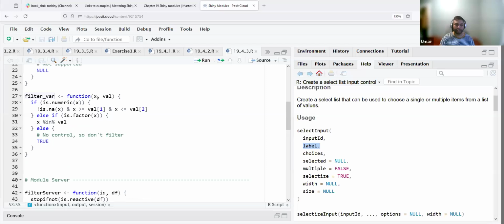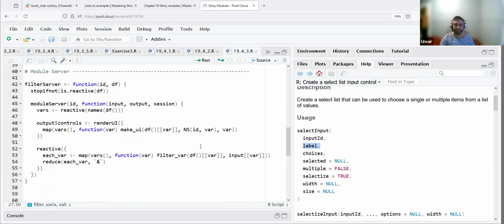The filter var function also takes two arguments, x, which is the variable itself, and the value of that variable. So here we provide the x, which is the variable, and the input, which means the selected value of the variable when slider input or select input has been used. And so we get the each var, and then we use the reduce function on each var so that we apply the and